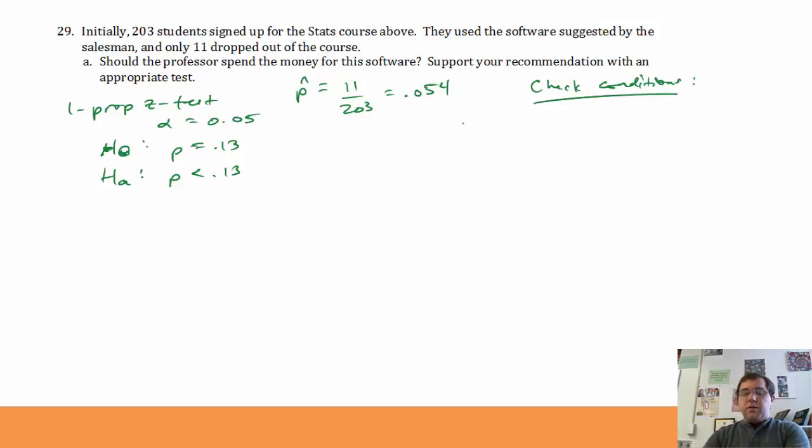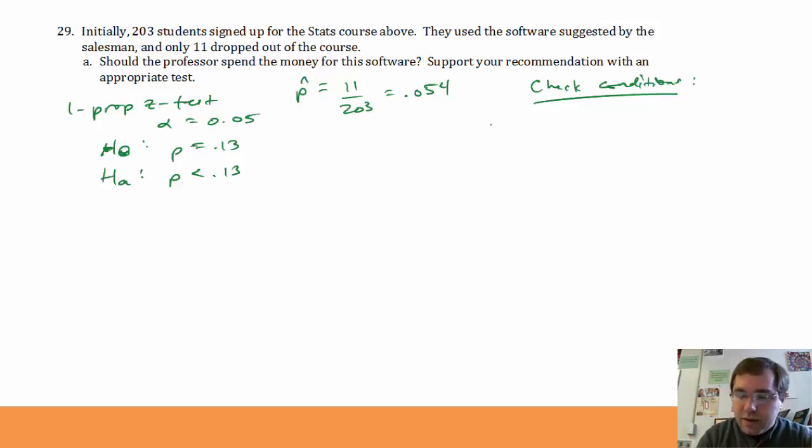So we need randomness. Now, you'll notice our sample here is everybody who's in this course for this particular semester. That is a sample because it's a sample of all of his statistics students that he'll have from here on in the rest of his career. So he's using this semester as his sample of the population of all of his statistics students because he wants to know if this is going to be worth buying to use every semester. So we can assume that this semester is representative of all of his typical semesters of students, and therefore that